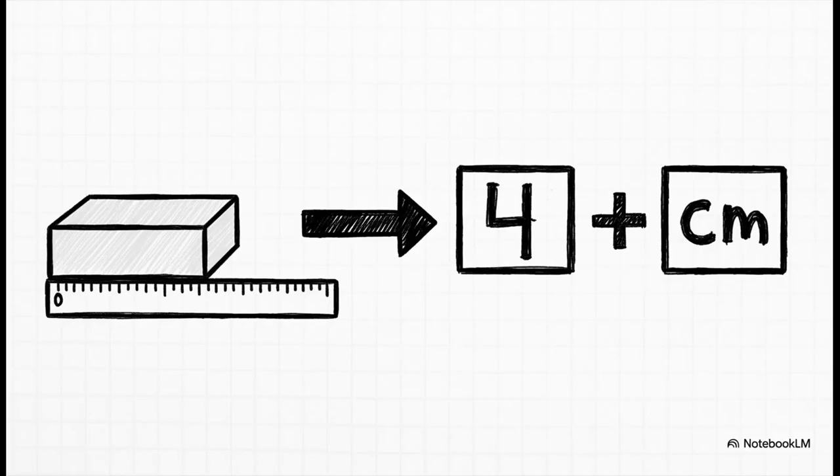And you know what? Every single one of these words follows a simple two-part grammar. First, you have a number, which we call the magnitude. That's just the how much. And then you have a name, which is the unit. That's the of what. Just saying the temperature is 30 is totally meaningless, right? Is that 30 degrees Celsius, Fahrenheit, Kelvin? That unit is every bit as important as the number itself.